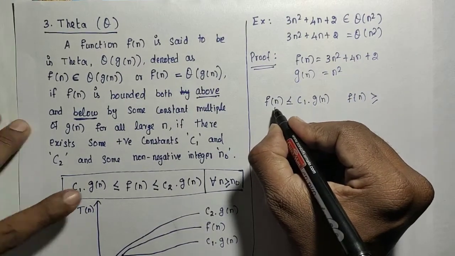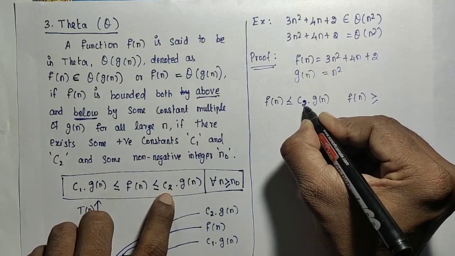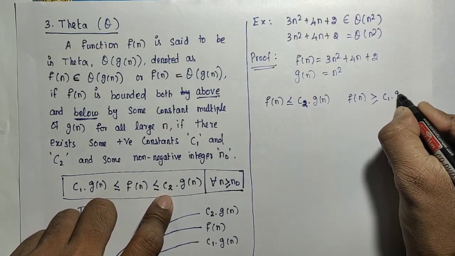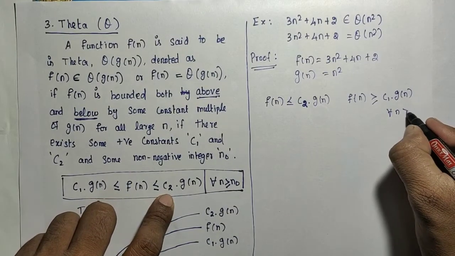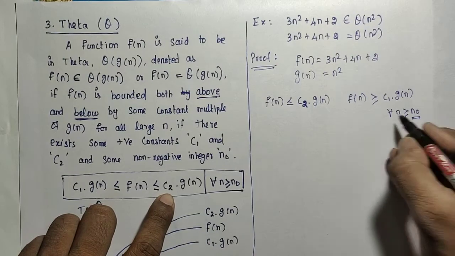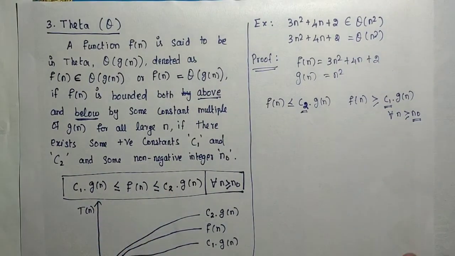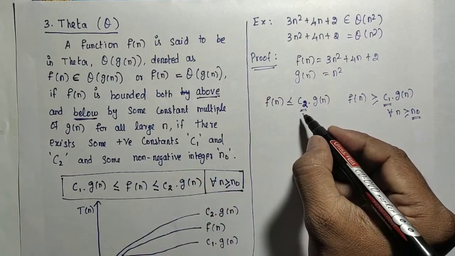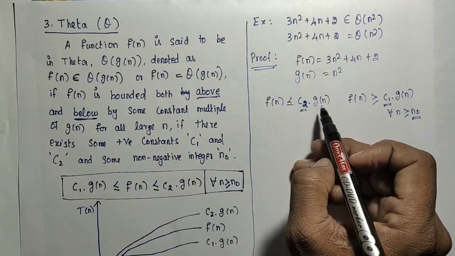So sorry, f of n is less than or equal to c2 into g of n, some constant value. And f of n is greater than or equal to c1 into g of n, for all n greater than or equal to n naught. So I need to find that n naught value, the c1 value and the c2 value. How can we prove this? This is nothing but the condition for Big O. So I need to say that f of n is a big O of g of